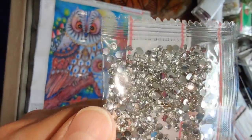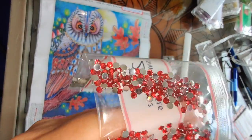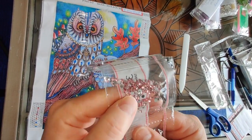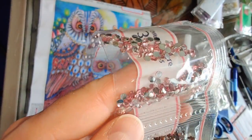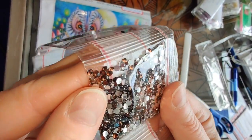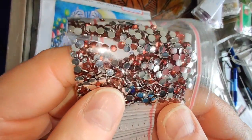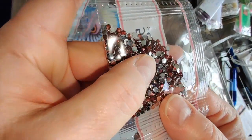And I do have the flash on. So these are clear crystal drills. Very nice. These are red crystal drills. And unless I say otherwise, all of these drills are faceted. Here we have a pale pink crystal drill. Now, here we have a deep brown crystal drill, which is going to be beautiful. I've had other diamond paintings that had the brown crystal drills, and they're lovely. And here's another, is it the same color? No, it's a different color of brown. So this is a more reddish brown